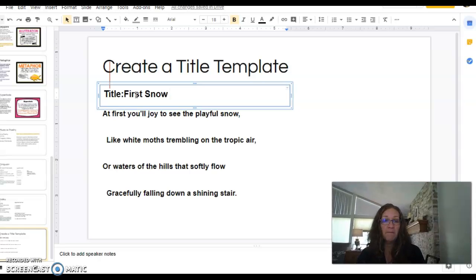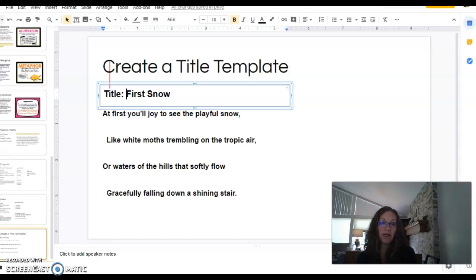That could be wrong, but that's what I'm reading here, and it's not a right or wrong answer. This is just you being creative, reading through the poem and then saying, to me, I think that's what this means. I'm going to put my title of First Snow here, and then I'm going to see if I'm right or wrong when I submit this. You're not going to lose points if you don't guess what the title is. No one would be able to do that. It's just to see if you got the same idea from the poem as the person who named it.